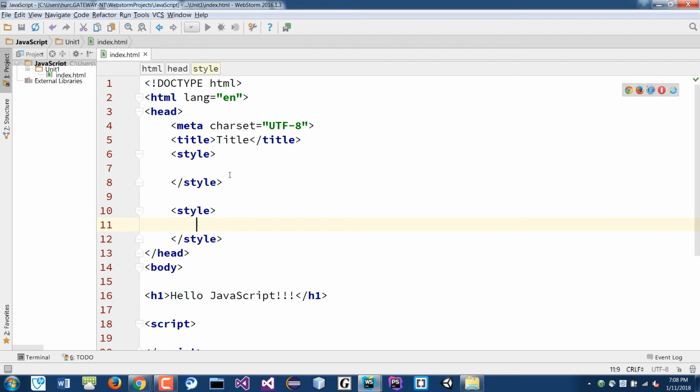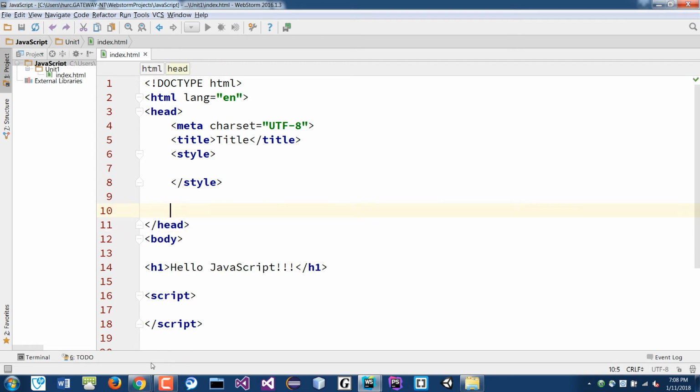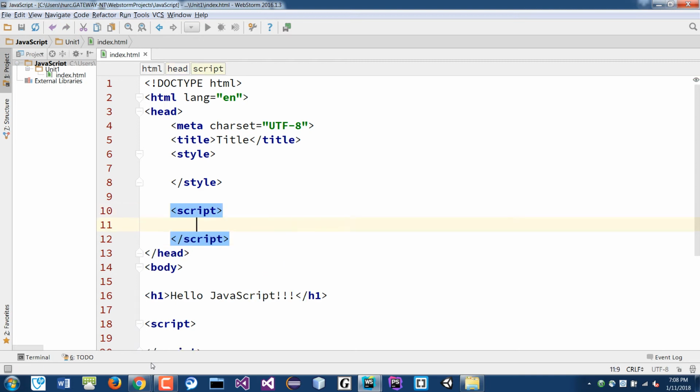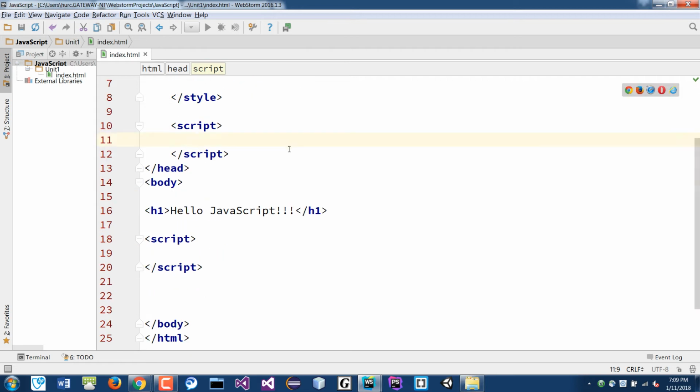I can have many styles, and I mean, that should be style. Come on, it knows. It should know how to do that for me. Okay, so I can put a script here. I can put it in as many places as you want in the document. The only thing is that if I place one in the head section, one in the body, and maybe another one above the h1 tag,